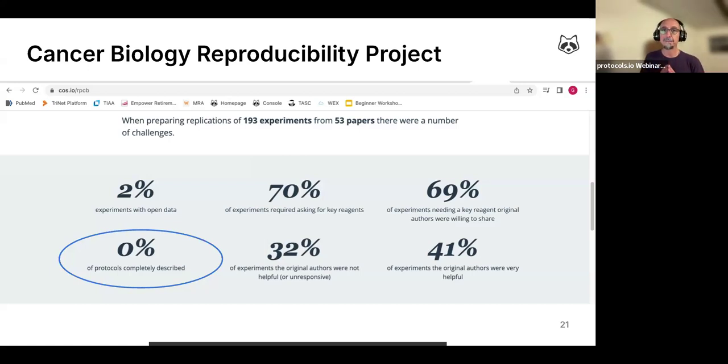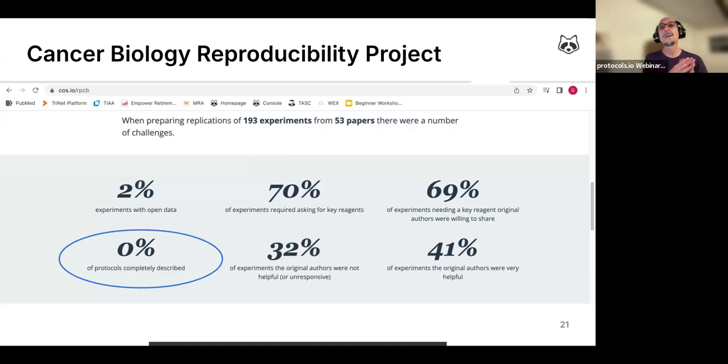Equally striking, when researchers from the Reproducibility Project contacted the original authors, they also discovered that these did not always remember how their own experiments had been done.